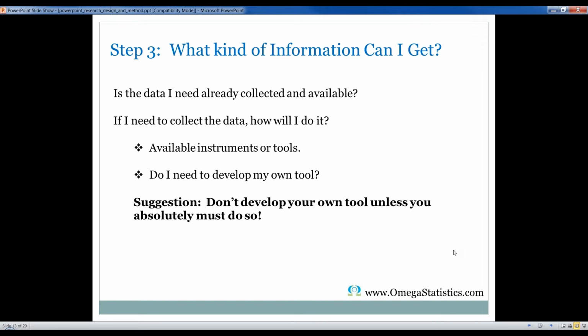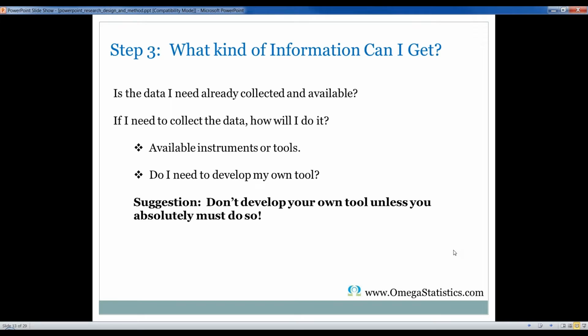If you use a survey, find one that's out there. Get permission from the author to use it. Usually they're very, very happy to let you use it as long as you acknowledge them and give them proper credit in your work. Some surveys are proprietary and they want you to pay for them. Which can be done, but oftentimes you can find one that's free to use, or you can get author's